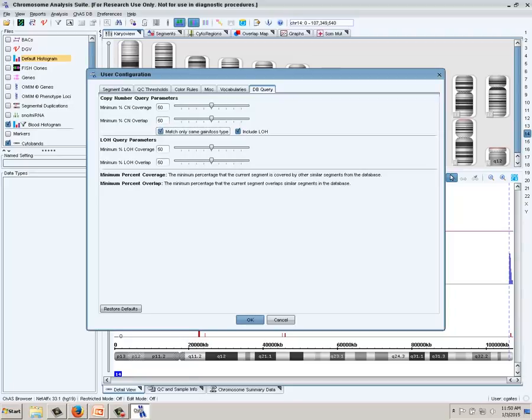I'm not interested in seeing losses in that same region. I'm only interested in the same call. So if it's a gain, just bring me back gains. If I'm looking at a loss for a sample, when I query the database, just give me losses. In this case, we'll uncheck that because I'm interested in anything copy number that matches my 50% coverage and 50%